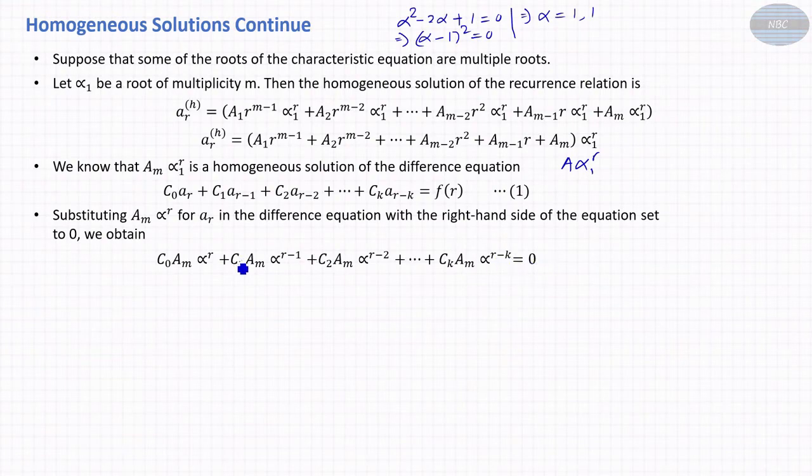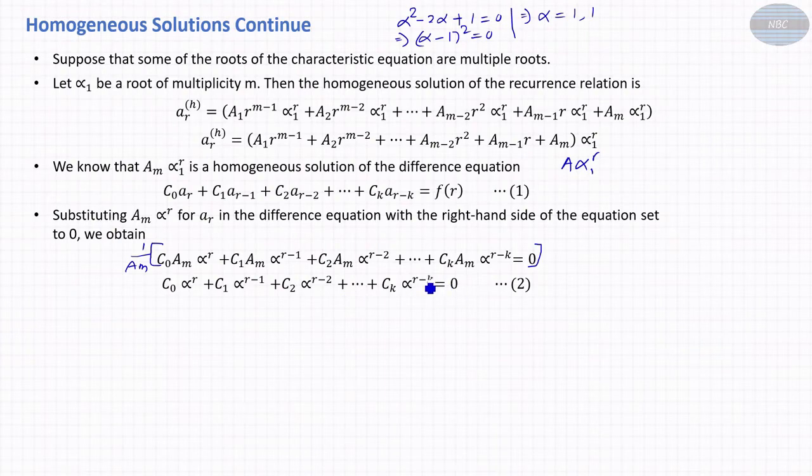This equation can be divided by the constant Am, and we get c0 alpha to the power r plus c1 alpha to the power r minus 1 and so on up to ck alpha to the power r minus k